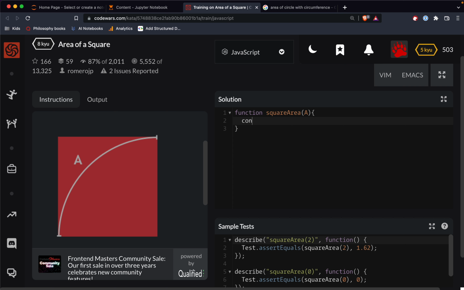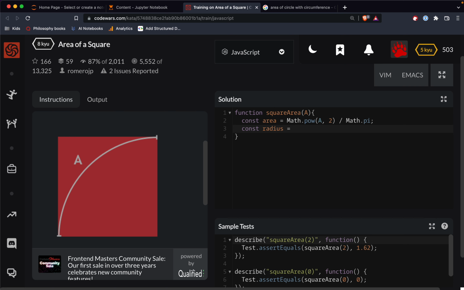Okay, so we'll do, const area is equal to math.pow a to the second power divided by math.pi. I think that'll work. Okay, so now we got the area. Now what we need to do is pi r squared. Let's do const radius is going to be,